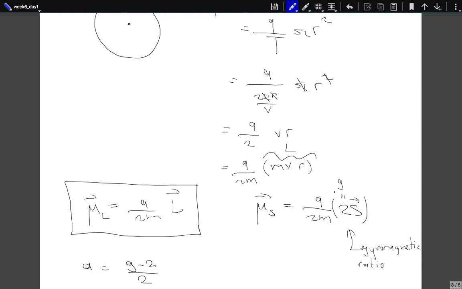The deviation from 2 you can calculate using quantum electrodynamics, and in fact the first contribution to A for an electron from quantum electrodynamics was calculated by Schwinger,